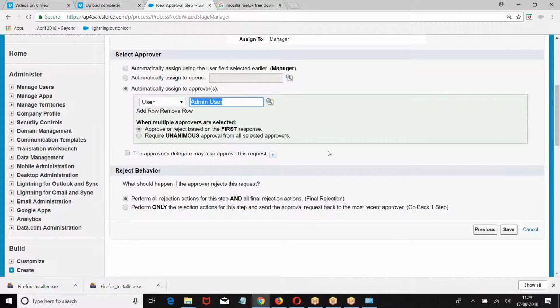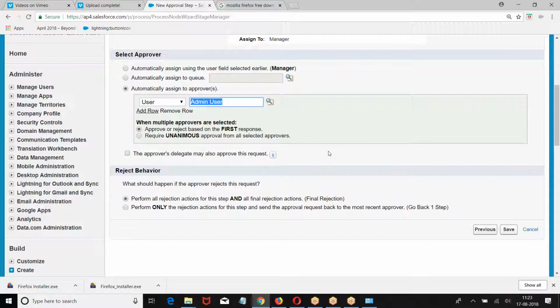Is every record going to step number 2? Not necessary. If max pay is more than 1 lakh, send it to the regional manager. Otherwise, stop the process. Okay. Now, if the regional manager approved it, no problem. Manager approved, regional manager approved, no problem. If the regional manager rejected it, the position is rejected, or it should go to the previous step.